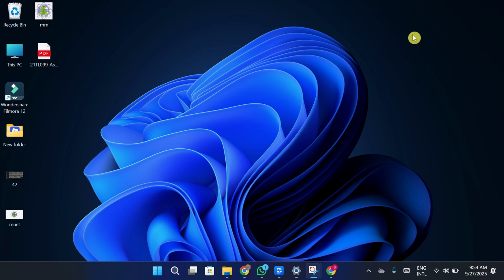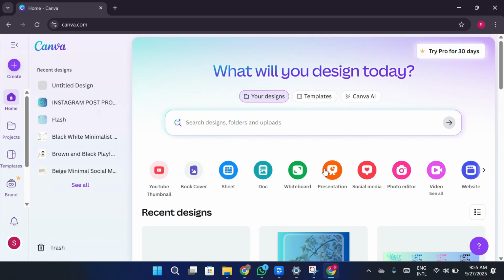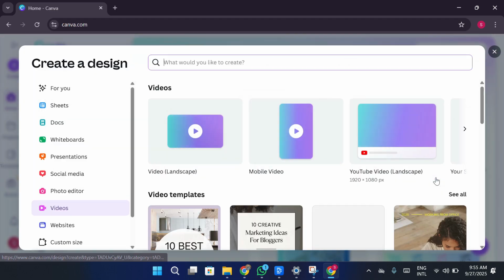In today's video, I'm going to show you how you can easily add automatic subtitles to your videos in Canva. So, let's get started. First, log in to your Canva account. If you don't already have one, go ahead and sign up. It's free. Once you're logged in, click on the video option from the left-hand menu and choose your video format